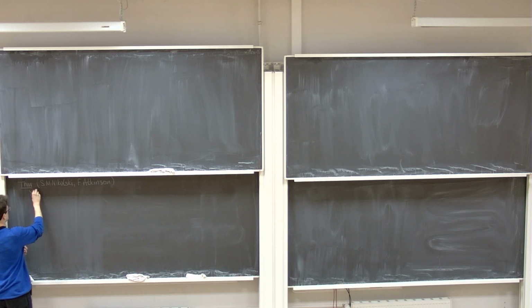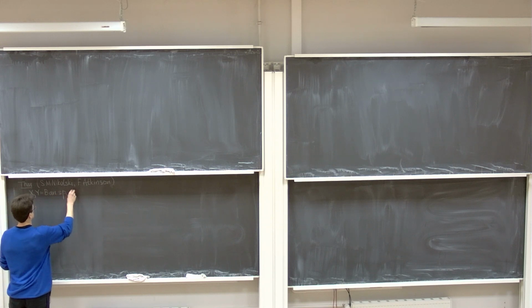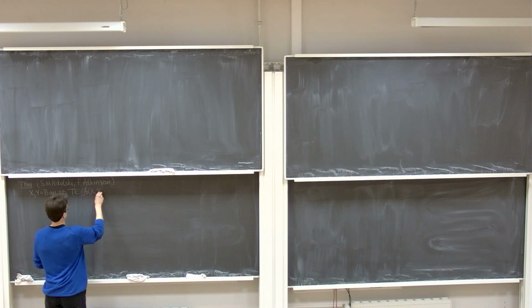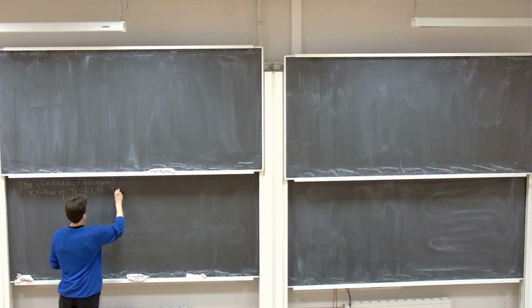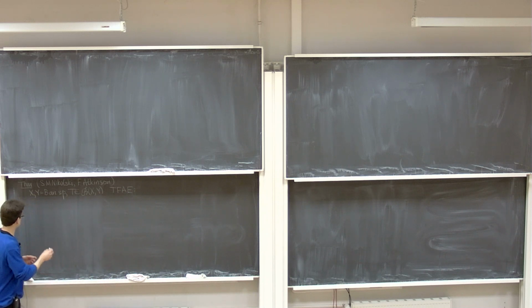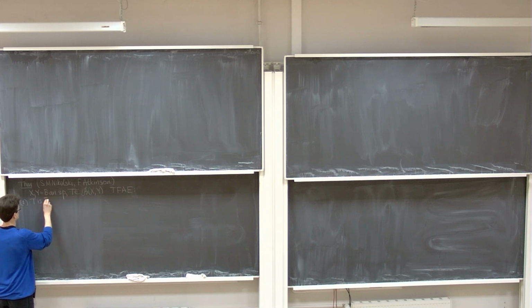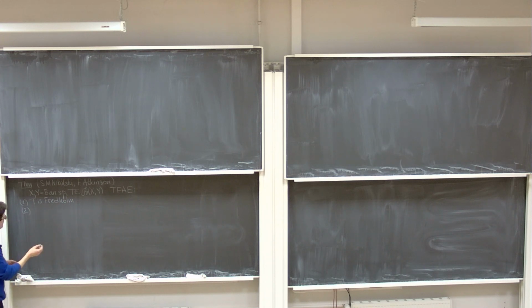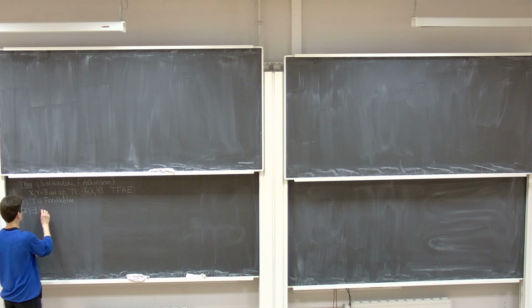Suppose that X and Y are Banach spaces, and T is a bounded linear operator from X to Y. Then the following conditions are equivalent. Condition 1, T is Fredholm. Condition 2, there exists a bounded operator, Fredholm operator,